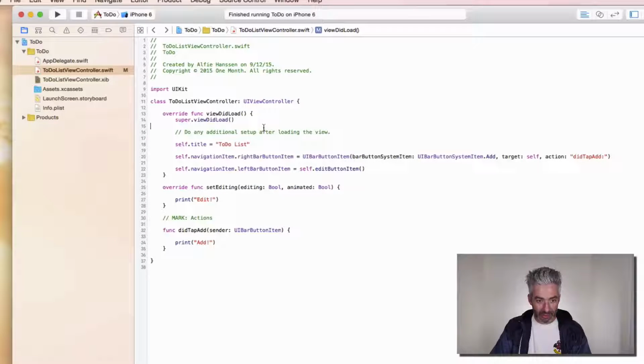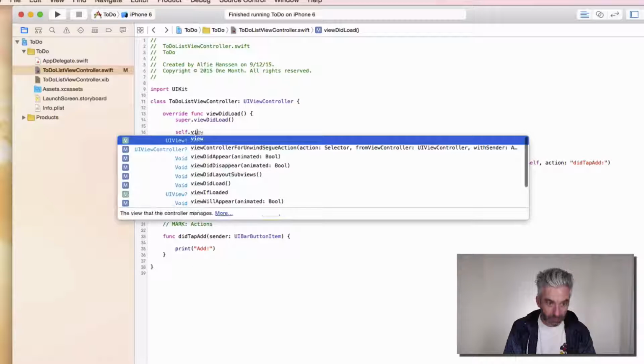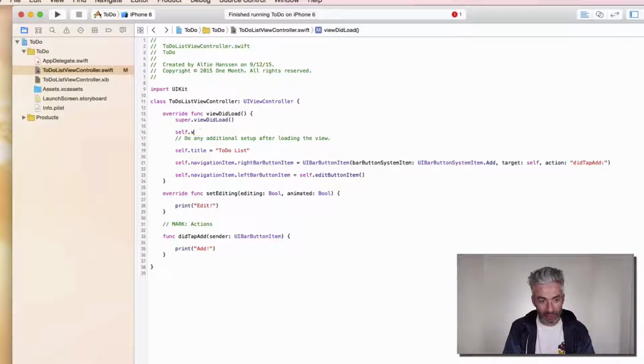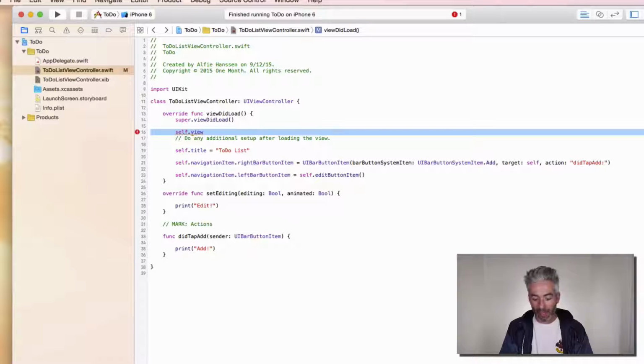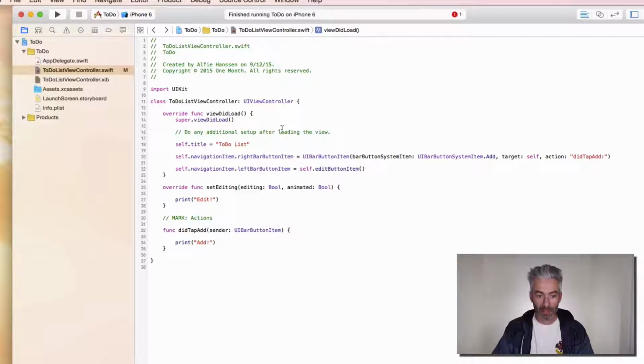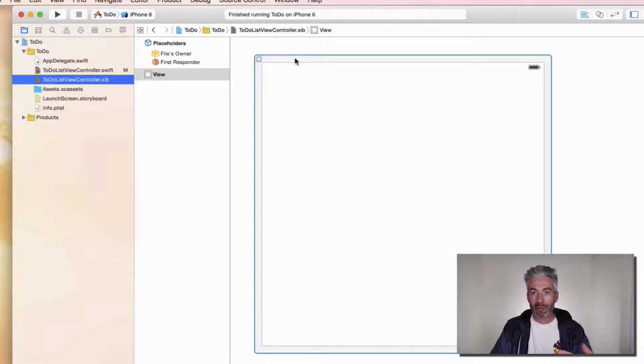What I want to note is if we are in any one of these functions and we say self.view, it will start auto-populating. This is just to illustrate that view controller has a property that we can access that is called view. And we can interact with that programmatically at any time to manipulate that view, whether it's adding other views to it as subviews, changing the way that it looks, changing the way that it behaves. And that view is actually populated